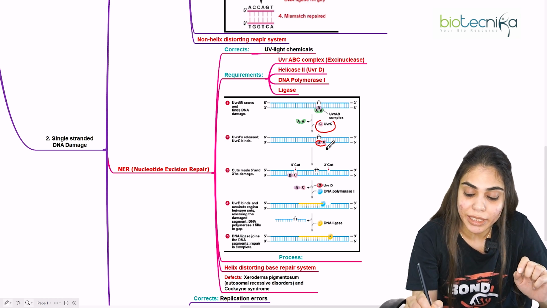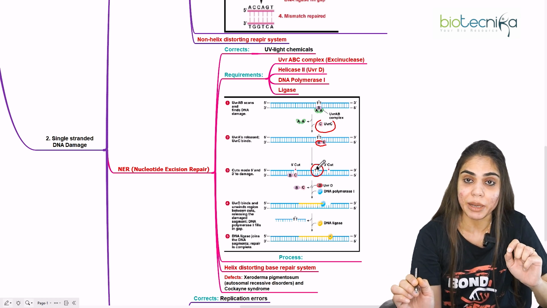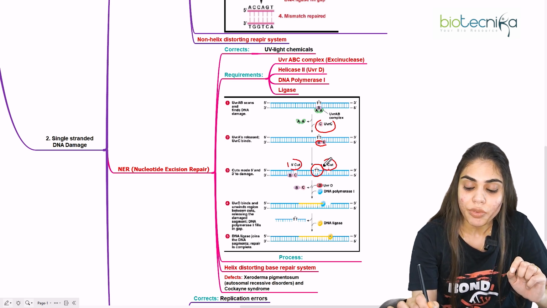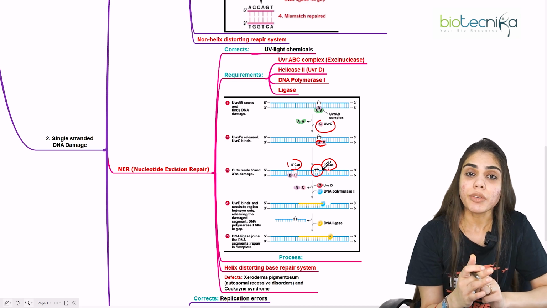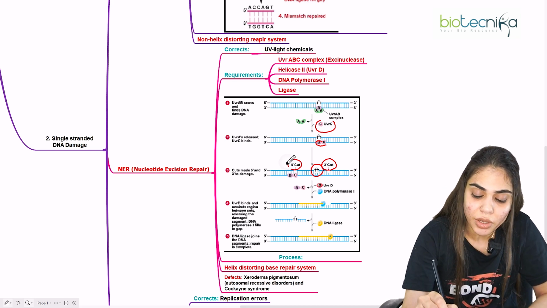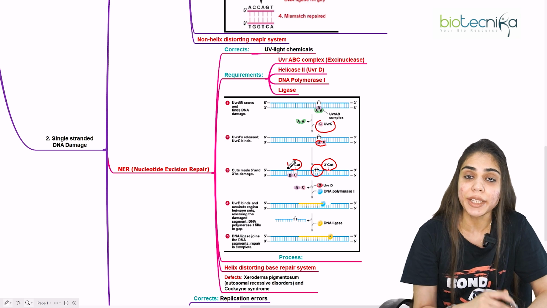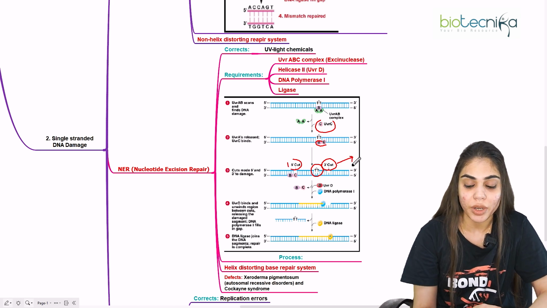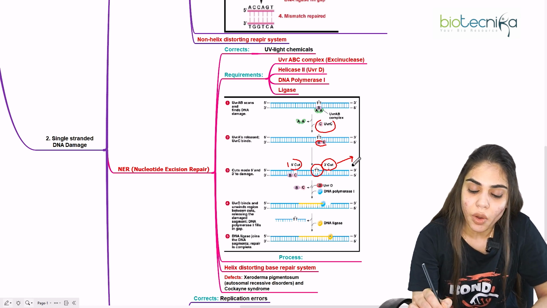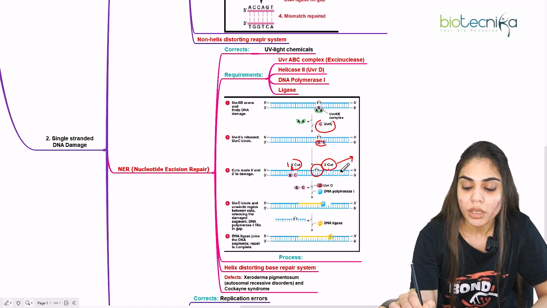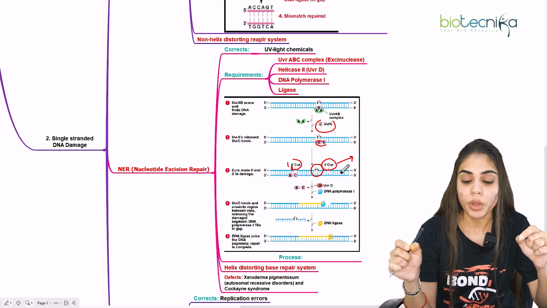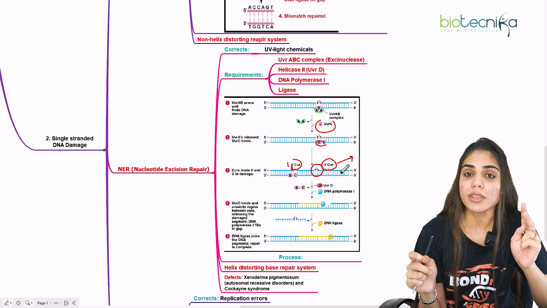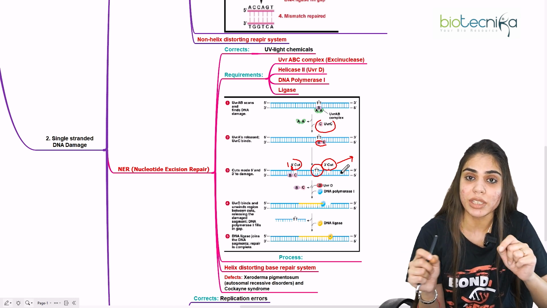So you can see a thymidine damage here, or you can see the thymidine dimer formation. To this, a 5' cut is made, and also a 3' cut is made. The 5' cut is made at the 8th phosphodiester bond. So towards the 5' end, the 8th phosphodiester bond is cleaved, and towards the 3' end, the 4th and 5th phosphodiester bond is cleaved. Now once this bond is cleaved, they act as exonuclease. So this stretch has to be removed, because this is a long stretch you are seeing, and this stretch has to be removed because the nicks are only created,